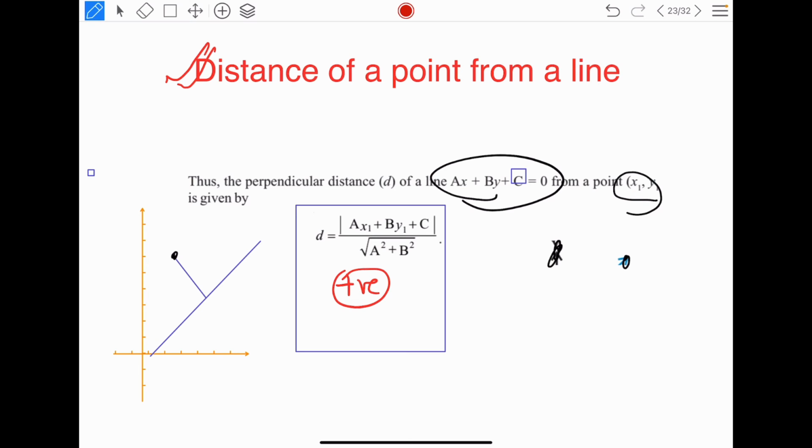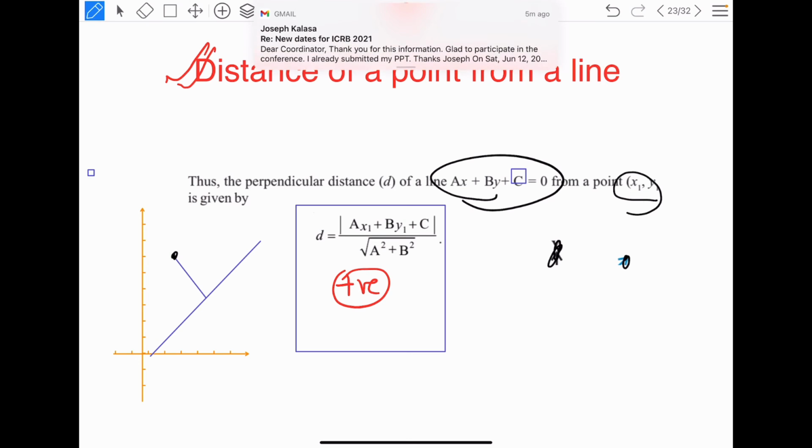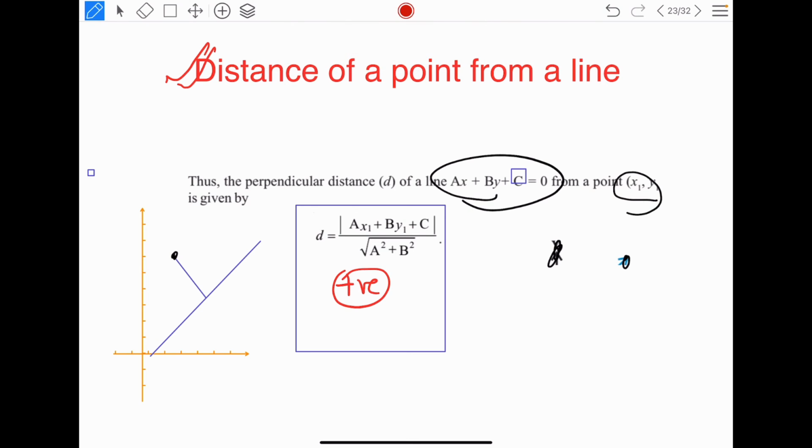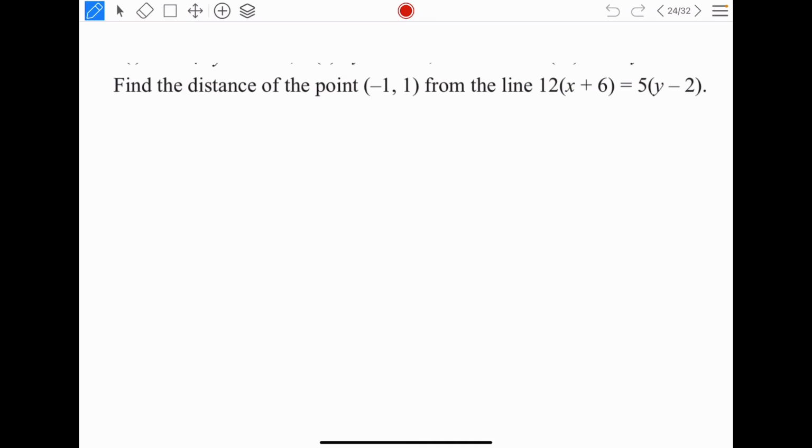So simple thing, I have been given a point. I have to find the distance of the point with respect to the line. The line in general equation is ax plus by plus c is equal to 0, and the point is x1, y1, any arbitrary point. So what is the formula for distance? Ax1 plus by1 plus c upon under root a square plus b square. This is your point, and this is your line. That's how you get the distance. Take it in modulus to get the positive answer, because distance is always positive.